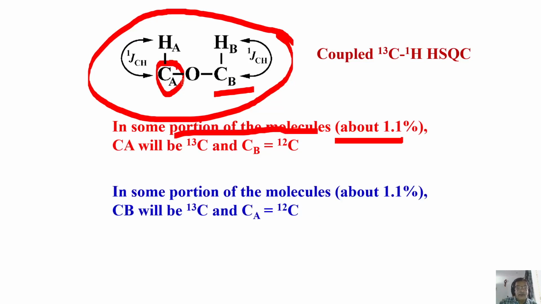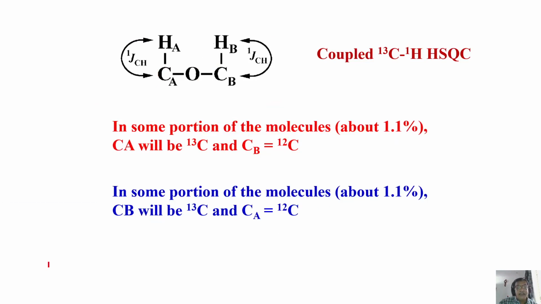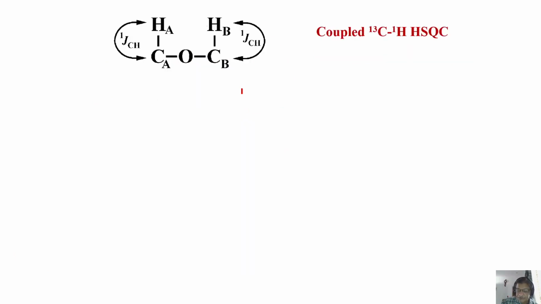In some portion of the molecules or of the sample, carbon B will exist in the carbon 13 state and carbon A exists in carbon 12 state. That means you have two different types of isotopomers present. That's all we discussed. Remember, in carbon 13 NMR, individual carbons' isotopomer spectra only you will get, and the final spectrum is the superposition of all of them. That's what I said. Exactly here also. Now we have taken this molecule as an example, but remember when Ca is 13, Cb is C12. When Cb is 13, Ca is C12. Both joint probability is very less.